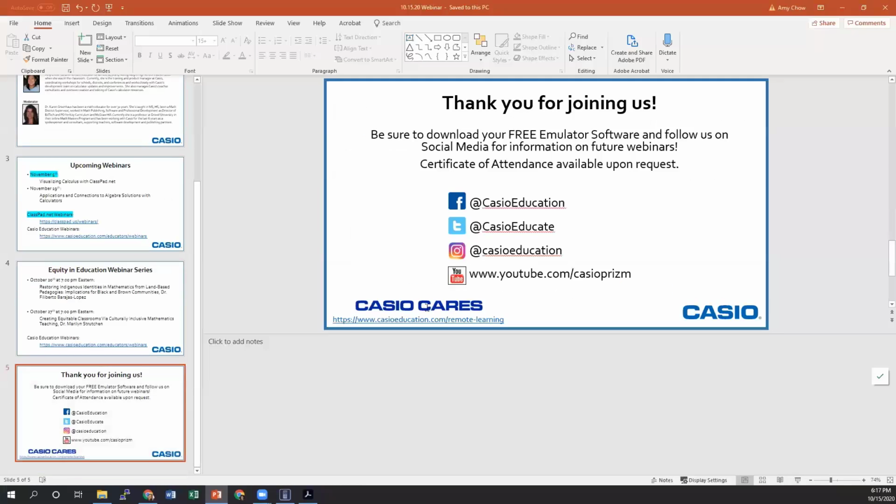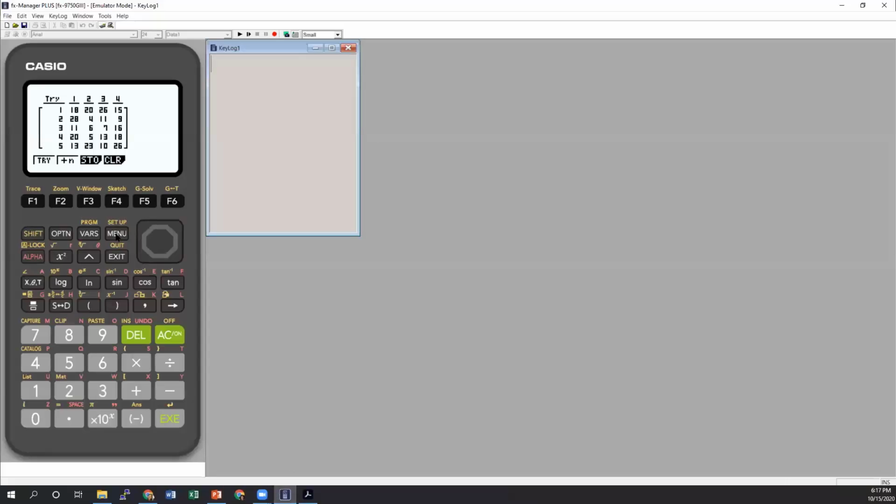So let me actually go back out to the emulator software. And if we go back to the main menu, and I press F6 a couple of times, you see CSV here. This is where you can load the file, and then it'll go in there.